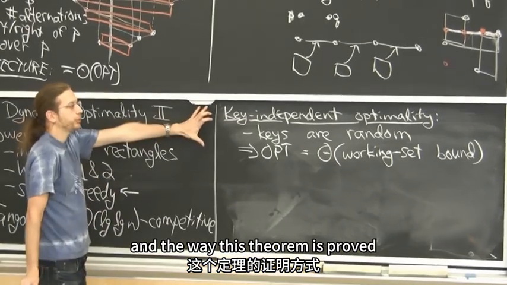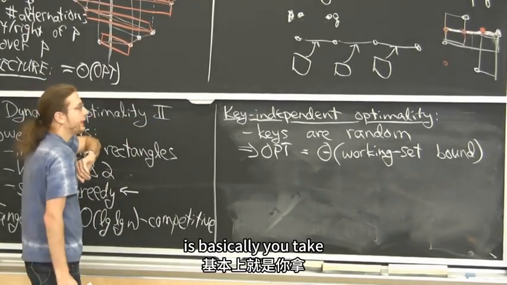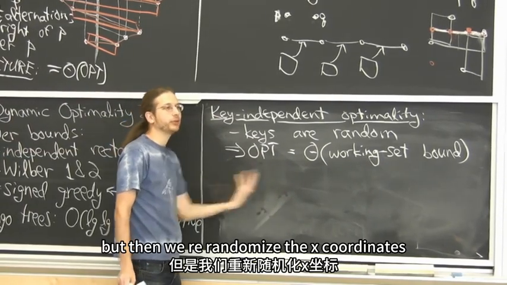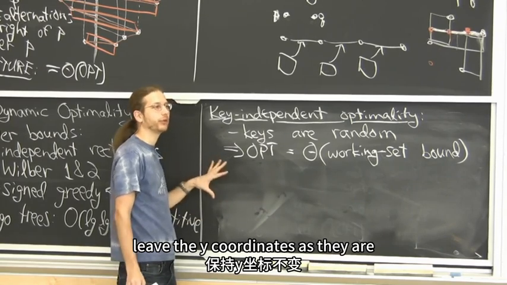And the way this theorem is proved is basically you take, so what this is saying is if we take a point set, an arbitrary point set, but then we re-randomize the x coordinates, leave the y coordinates as they are,